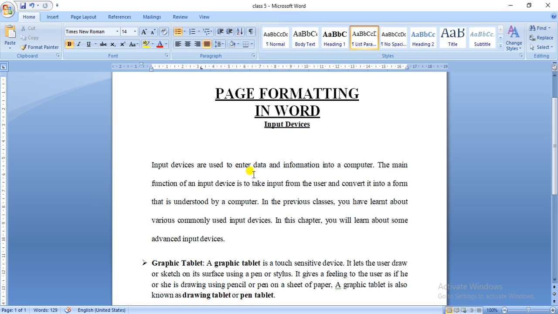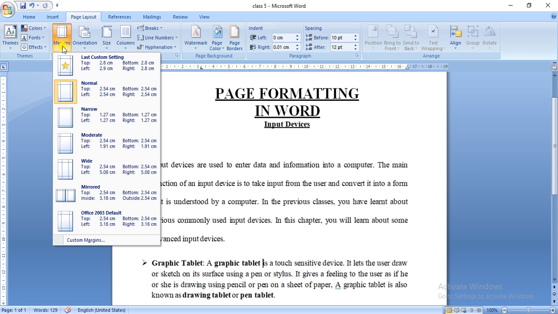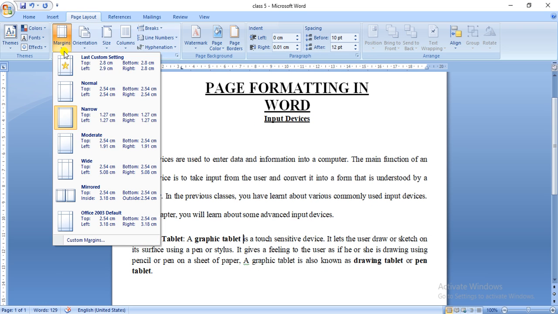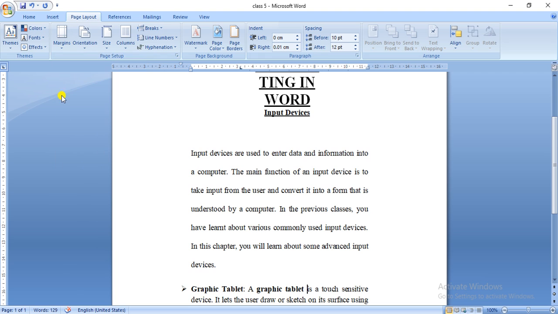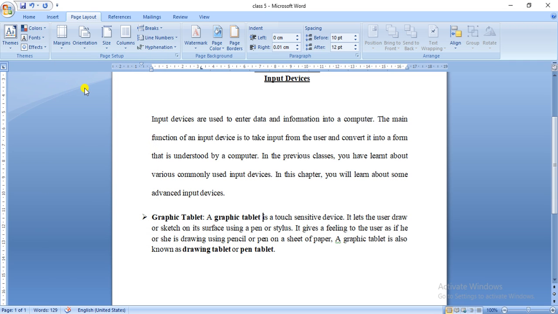Now we can change the default page margin setting using 3 methods. First, let us deal with one method, that is using predefined margin options. For this, first click on the Layout tab and click on the margin drop down menu will get displayed on your screen. Now you can choose the desired margin according to your requirement. So you can see there are various options present over here. You can change the margin according to the predefined options.